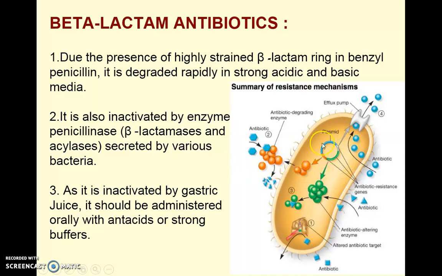So when bacteria adopt resistance against antibiotics, they produce enzymes such as penicillinase against the penicillin types of antibiotics. In that there are two categories, beta-lactamase and acylase. The beta-lactamase acts on the beta-lactam ring and breaks it down, and acylase acts on the acyl side chain and breaks it. In that way it may inactivate the penicillins, and the inactivated penicillin will not be effective on these bacterial cells. So this is part of bacterial resistance.